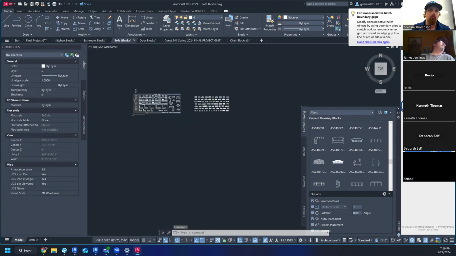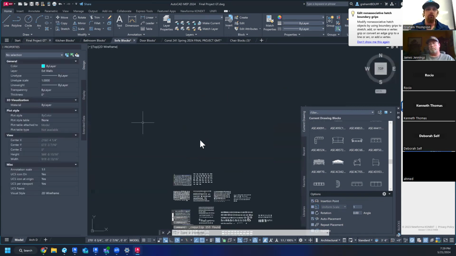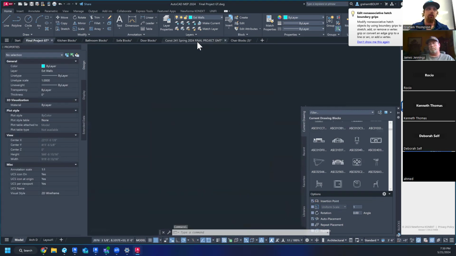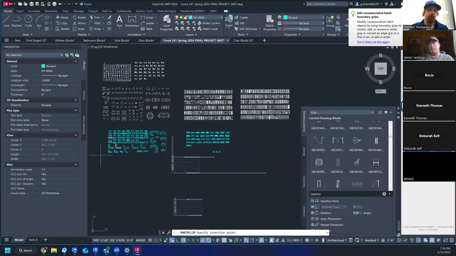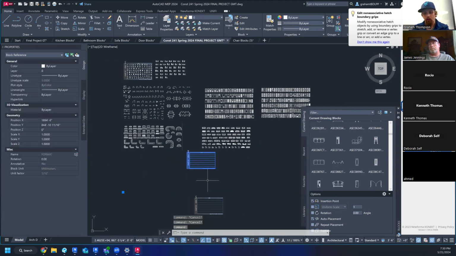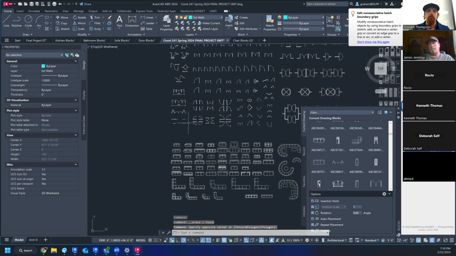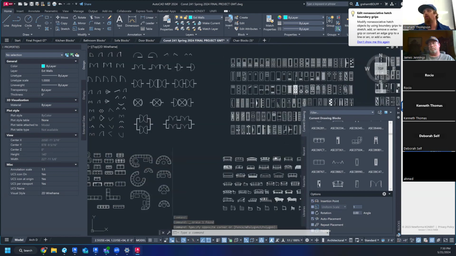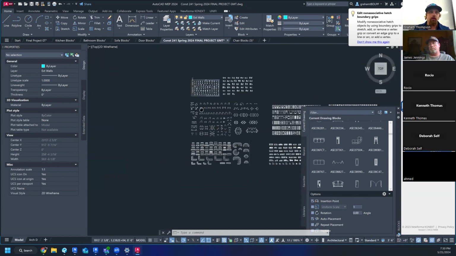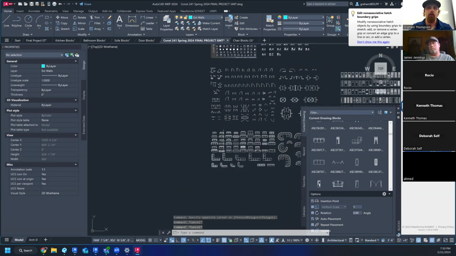Again, we're going to do one more and we'll go to sofa blocks. So same thing, Control-C, come back over. And nope, that's my other one. And Control-V and paste those in. So tonight, again, I wanted to focus on, or I want you to focus on just your plan view. So all these elevations aren't really necessary at this point,